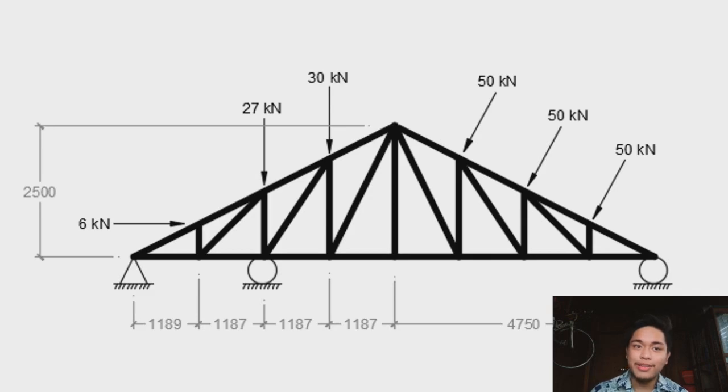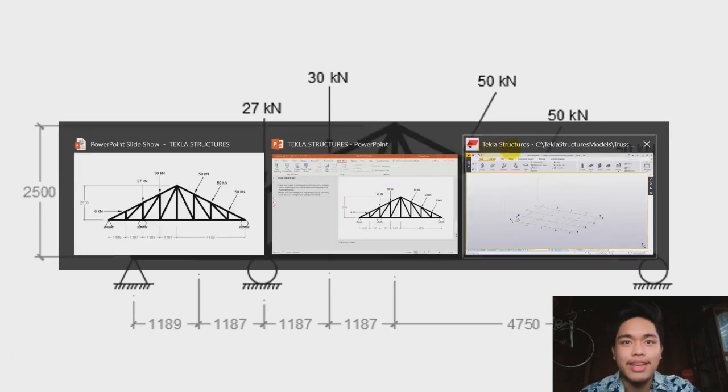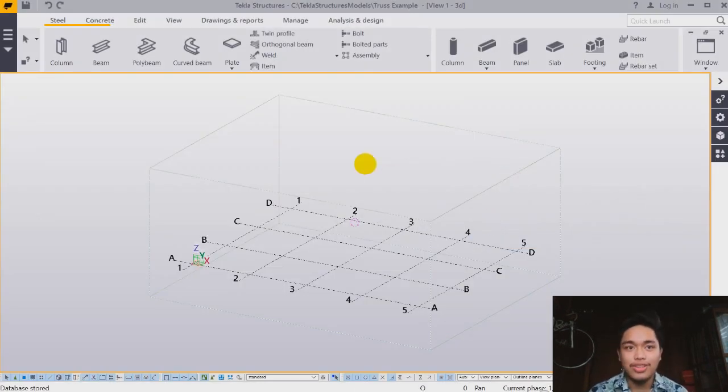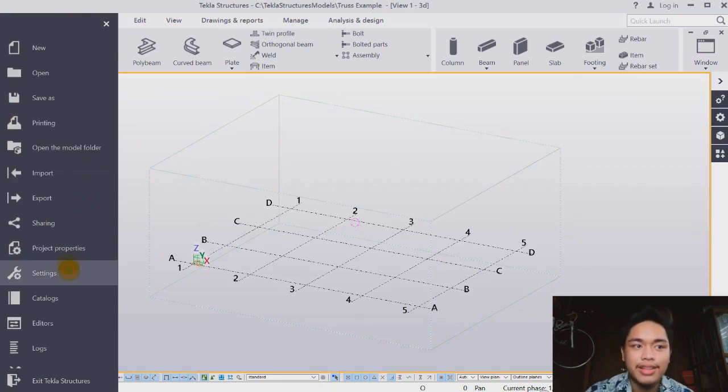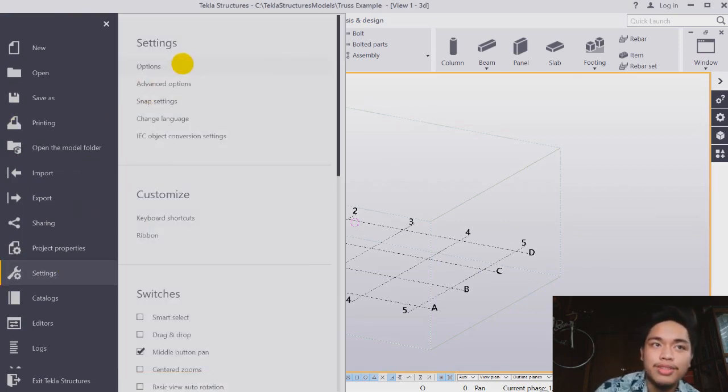So for the next part, we will try to model this truss using Tekla structures. So first, let's open and create a new model in Tekla structures. So to start off, we must first verify the units and decimals that we'll be using. So to do that, click here, File, then click Settings, Options,